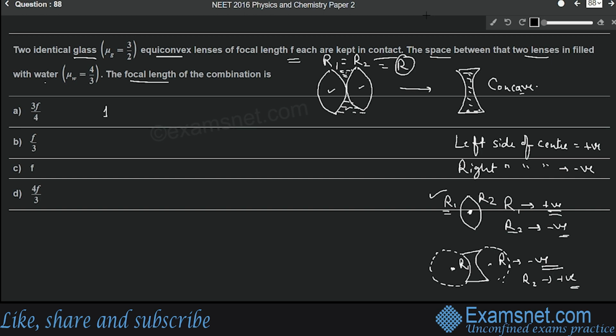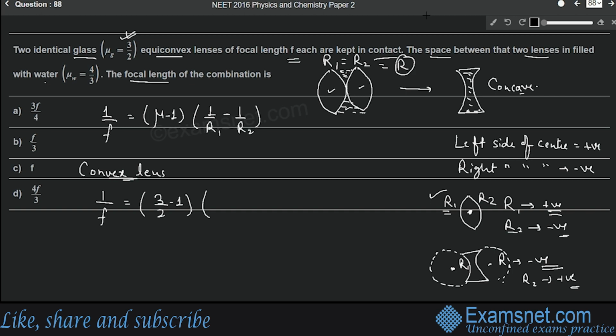We know the lens maker formula, 1 by f equals mu minus 1 into 1 by R1 minus 1 by R2. This is the lens maker formula. So if we talk about the convex lens, for that 1 by f will be equal to mu minus 1, where mu is the refractive index, given as 3 by 2 for the convex lens. So 3 by 2 minus 1 into 1 by R1 minus 1 by R2, and we have seen that R1 is equal to R2 and that is equal to R. So 1 by R minus 1 by minus R,